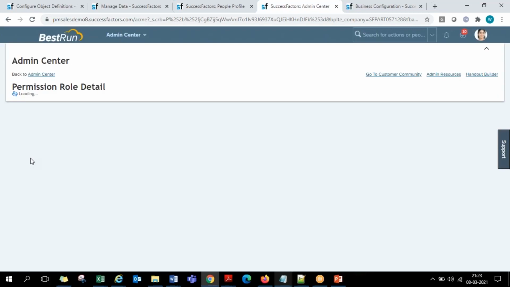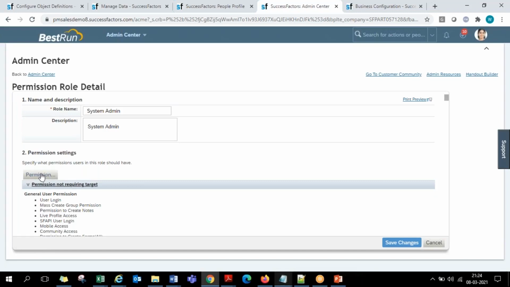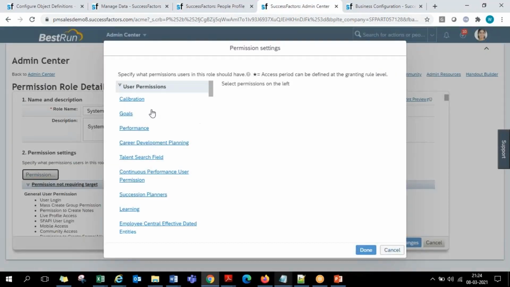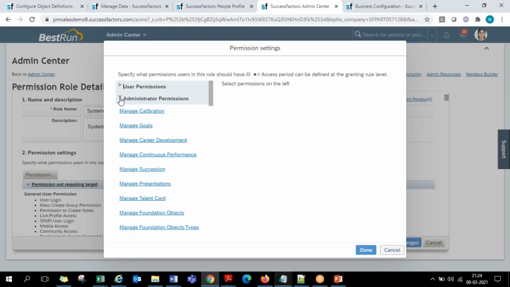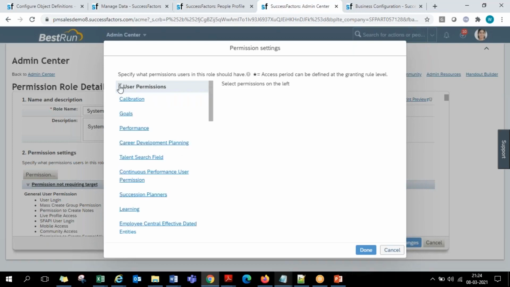First, when we go into this permission, you are required to understand where employee central module specific permissions are available. So once the screen gets loaded, here when we click on this permission button, we'll get a pop-up with a lot of checkboxes, a lot of permissions. We know that it will contain user level permissions, admin level permissions, all that. So now for anybody, if a newly created subdivision field has to appear, then user permissions is a category that you are required to go for.